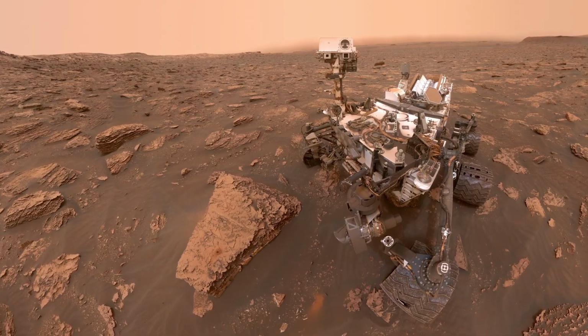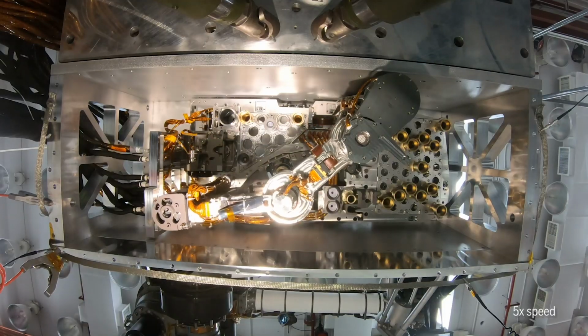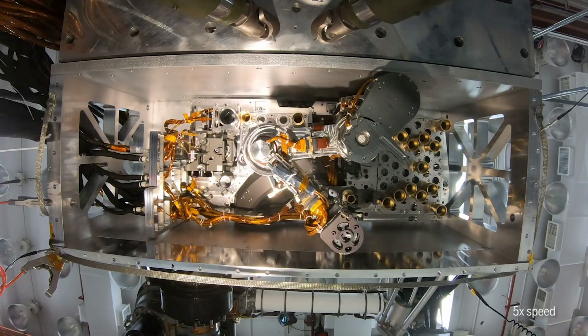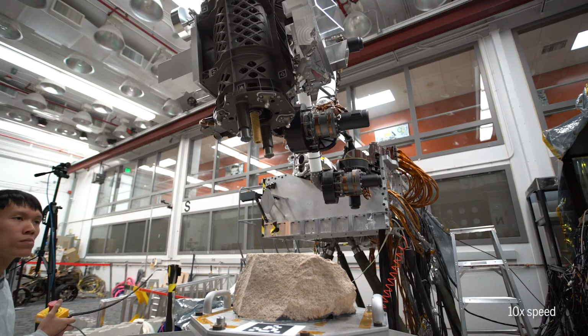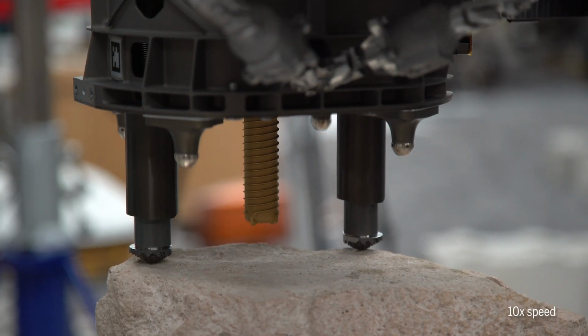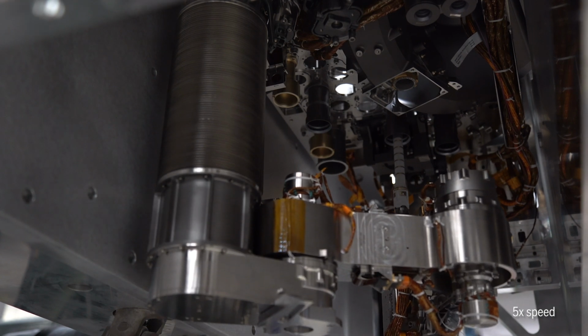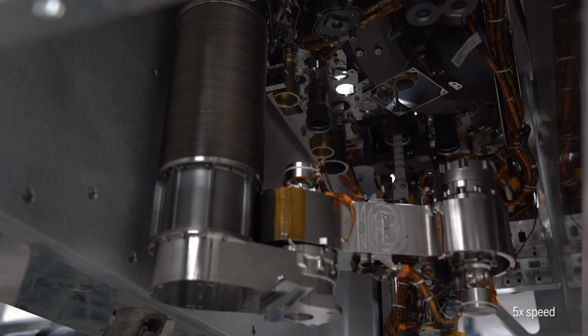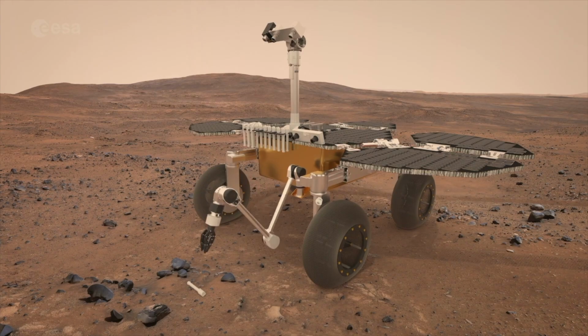The rover's design borrows much from its older sibling, Curiosity. But on the inside, Perseverance holds something new: the sample caching system. This sophisticated machine will drill into the Martian surface and remove, image, and store chalk-sized cores of rock and soil. Eventually, the rover will cache more than 30 cores for a future mission to pick up and send to Earth